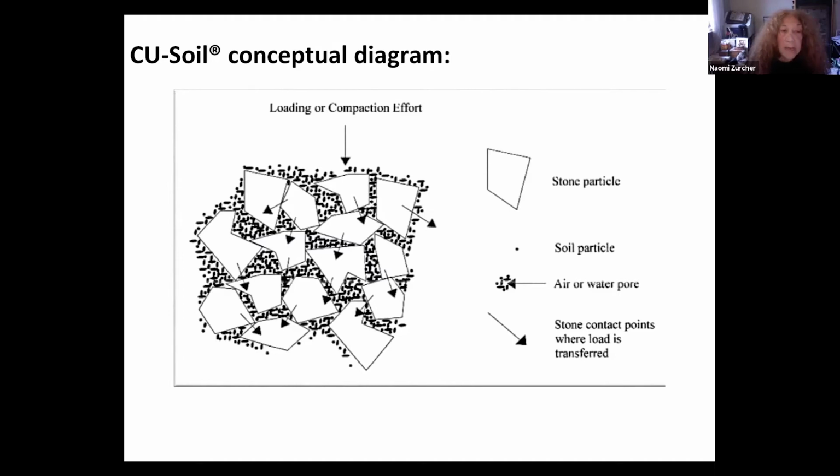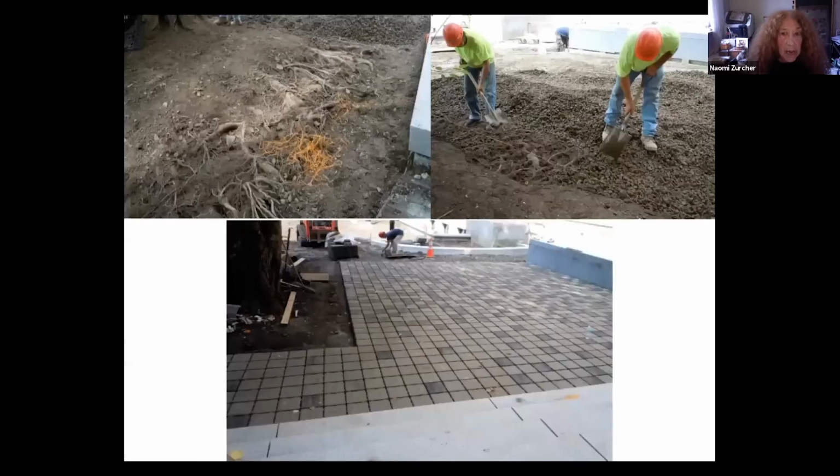Structural soil can also be used as a retrofit strategy when paving is being replaced. Careful removal and thoughtful planning consisting of pneumatic excavation combined with CU soil and a dry-laid paving installation delivered a successful repaving of the area around this mature Cercidiphyllum japonicum.